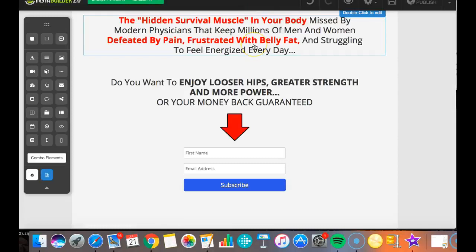So that is how to make a very simple squeeze page, all done on Instabuilder. Get it off Fiverr for a $5. Super easy to set up. Just copy what I've done, and this is literally all you need as a squeeze page. Market it around the offer that you're doing. If it was a WSO in affiliate marketing, you would just put up there, how to make $50 in 24 hours, newbie friendly, etc., etc. Just like